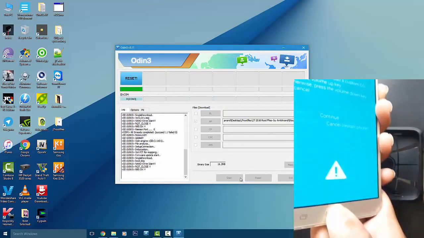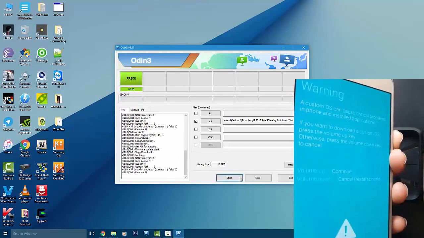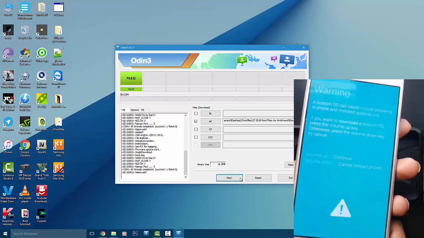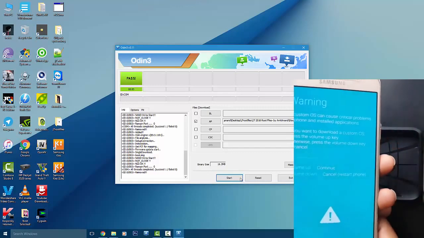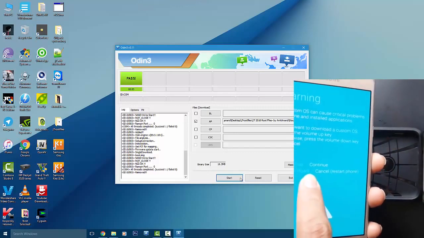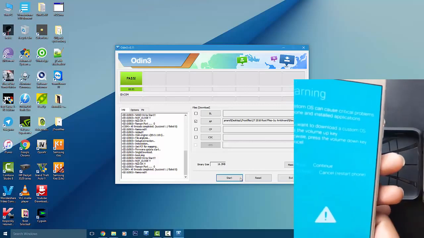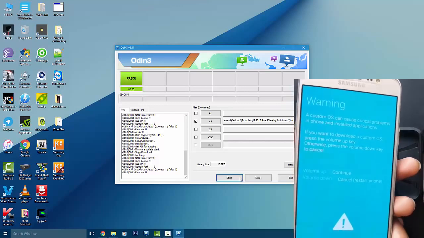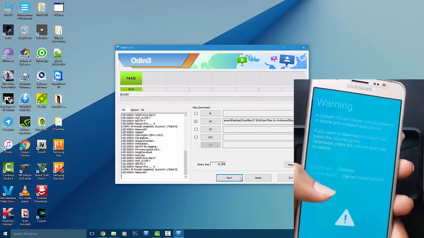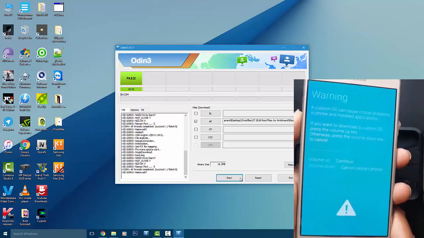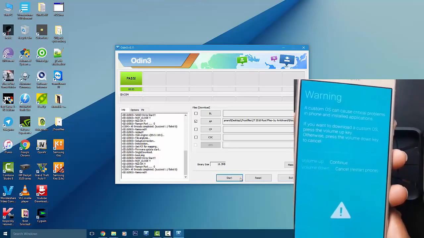So after flashing the stock boot image, you need to go to the download mode by power button, volume down and the home button. If you keep pressing, you'll go to the download mode, and now you can see volume down. So this will go to the cancel, means it will restart your device. So now if you press cancel, the phone will restart. So now what you have to do, after pressing the cancel, immediately hold the